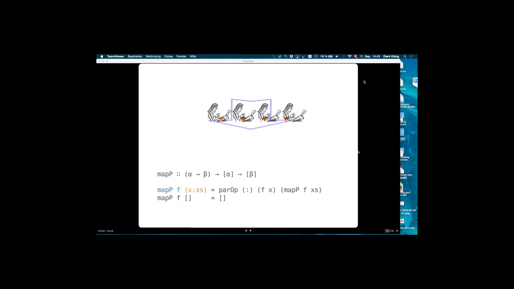These evaluation strategies in GHC give you something where you can compose strategies, use them on data structures, and describe exactly how you want to evaluate them. So if you also want the inner list to be evaluated to weak head normal form, or fully.